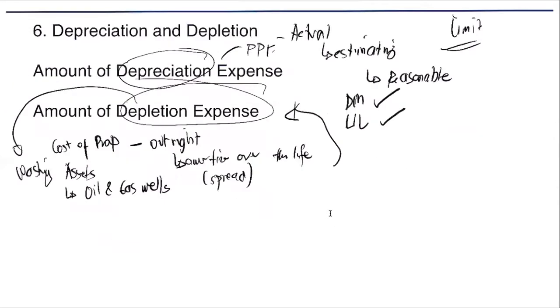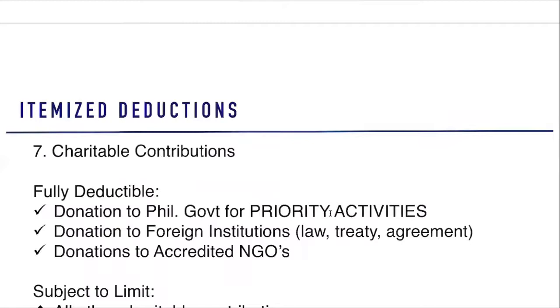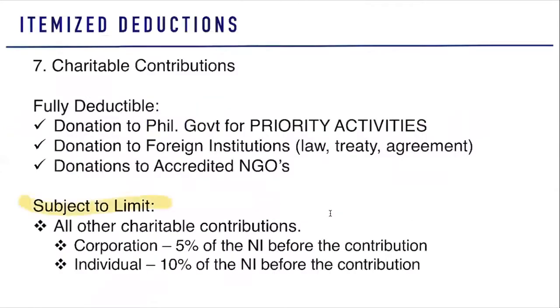Next, we have your charitable contributions. Okay, so we have here another limit. So let's review the items with limit. So ano yung una nating na-discuss na may limit? EAR, 1/2 of 1% or 1% of the net sales or receipts of your sellers of goods and services respectively. Next, we have your interest expense, which we will deduct subject to the arbitrage limit. Another expense that has a limit is your